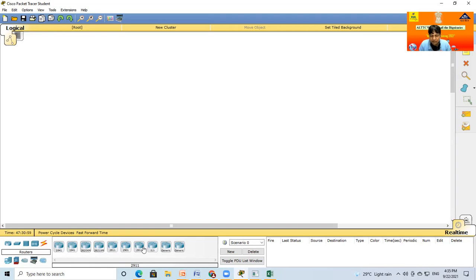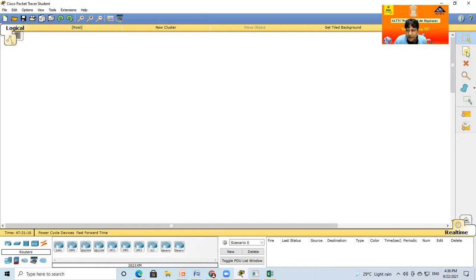The purpose of every device is the same. In my Packet Tracer, the minimum useful router is the 2811 series. Below the 2811 series is not useful here, so for our training purposes, take a router of the 2811 series or more.